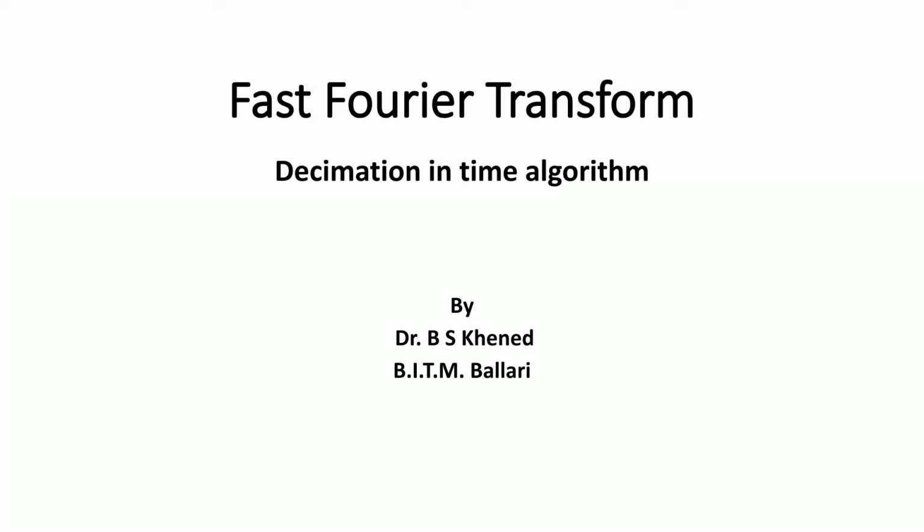In this session, we discuss the fast Fourier transform. Fast Fourier transform is a technique by which the discrete Fourier transform of a sequence can be obtained in a numerically efficient manner. Basically, there are two methods with which we can obtain the fast Fourier transform. One is known as the decimation in time algorithm, and the second one is the decimation in frequency algorithm. At present, we will discuss the decimation in time algorithm.